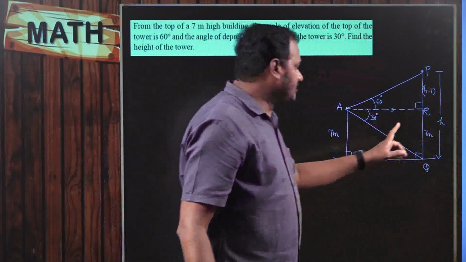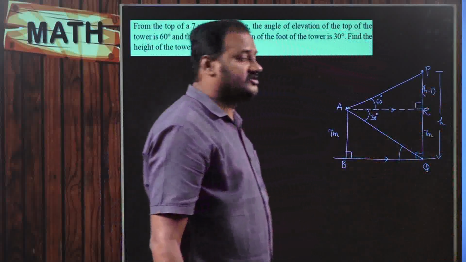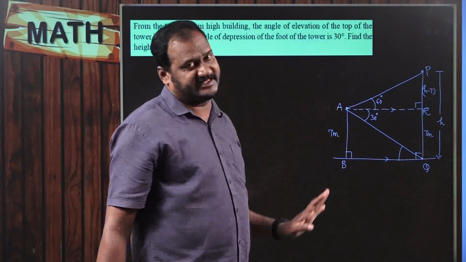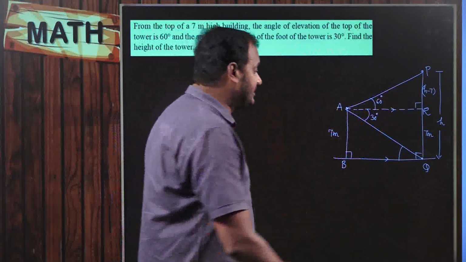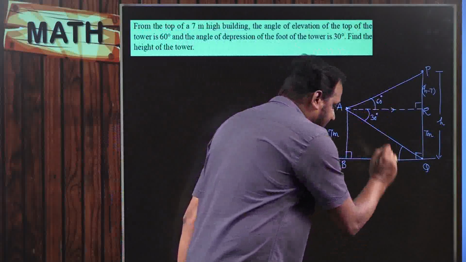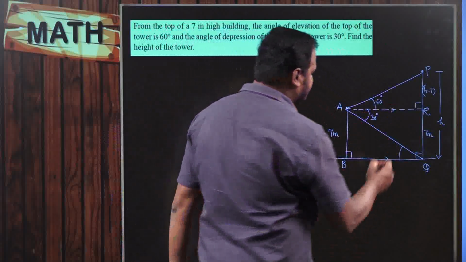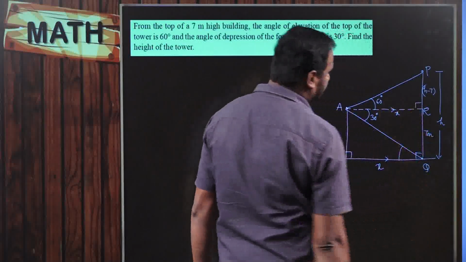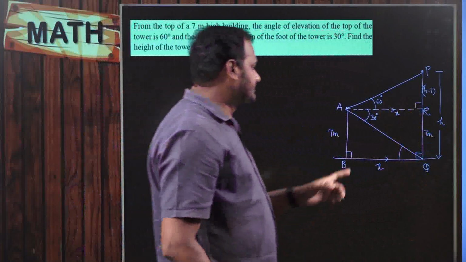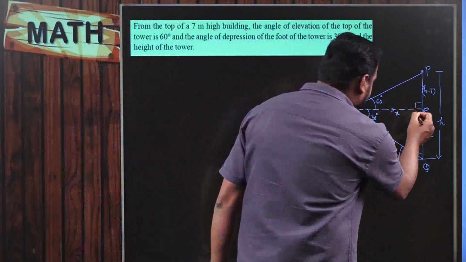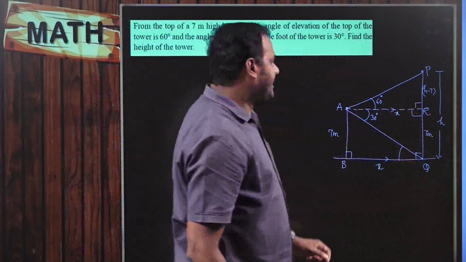Now, if you want to find the value of h, basically there are two angles again, so two unknowns should be there. One unknown is h, and what is the other unknown? That should be the horizontal. So if this is x, we can say that this one is also equal to x. Now I have two right angle triangles. First right angle triangle, see this is 90, which means this is also 90 degrees, right? I am taking triangle